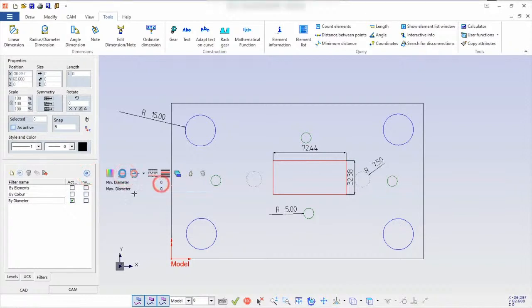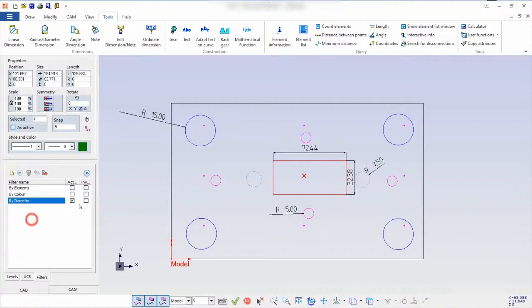It will ask me for the minimum diameter and maximum diameter. For the maximum diameter I want to select 5R, which is 10 dia. So up to 10 dia, 0 to 10 dia, all diameters need to be selected. That is now activated. When I select the box selection, now I can see only the 10 dia have been